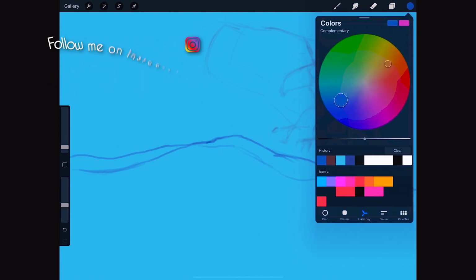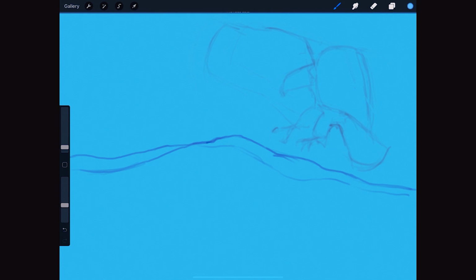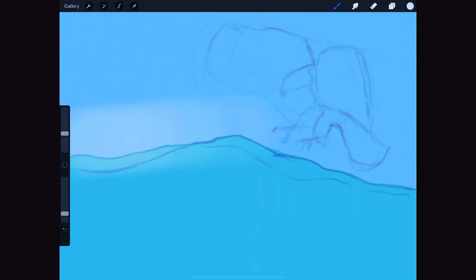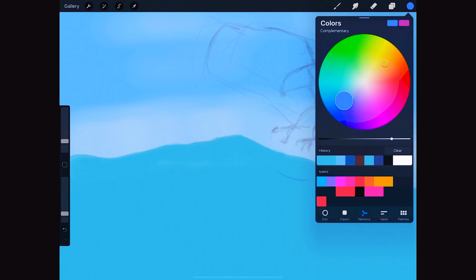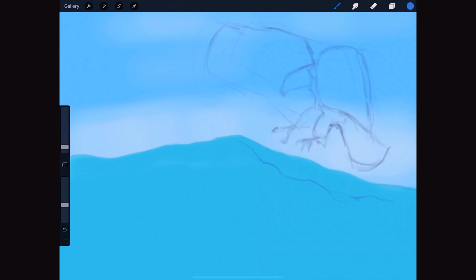I'll mix a new color, a lighter blue for the sky, and drop it in that whole area, like so. Now with a much lighter one, and with a soft airbrush, we draw some clouds. And I'll erase this part because it shouldn't have been there. There was probably a better way to do this on the iPad, on Procreate, which was using a mask. It would have been a little faster, but erasing is okay too.